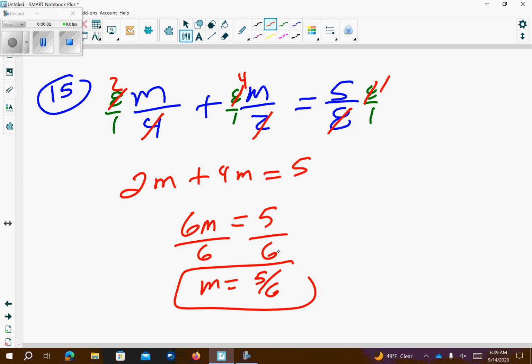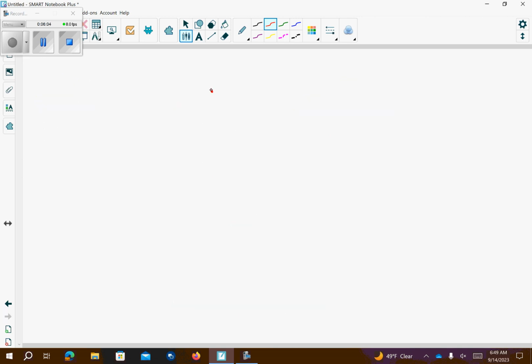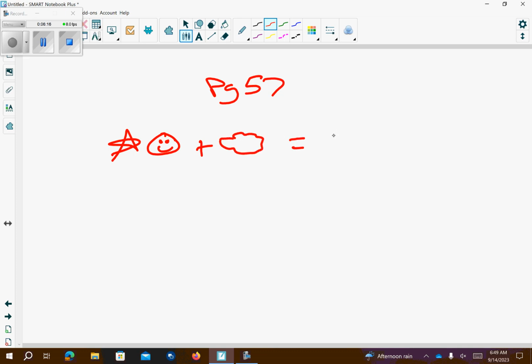Okay, let's move to page 57. Page 57. So they have a star times a smiley face plus a cloud is equal to a heart. Let's pretend I can draw a heart. So I want smiley face all by itself. So I'm going to subtract cloud from both sides. That gives me star times smiley face is equal to the heart